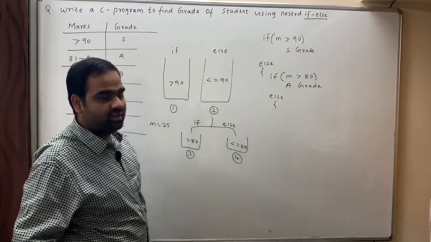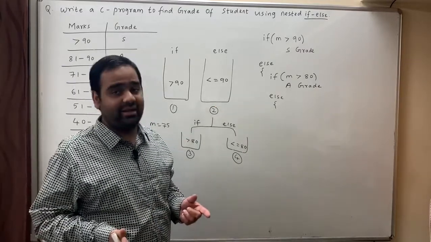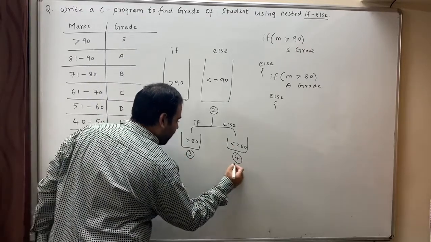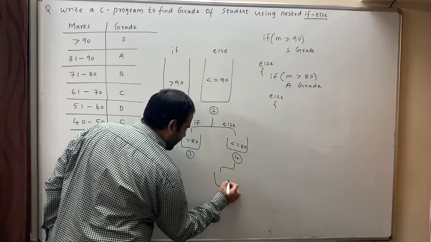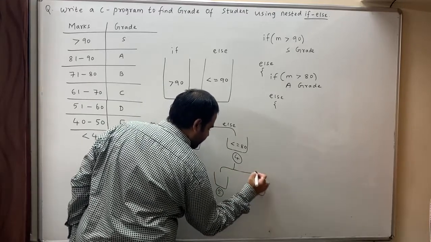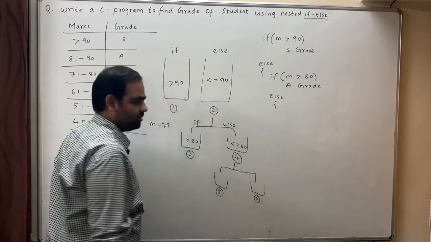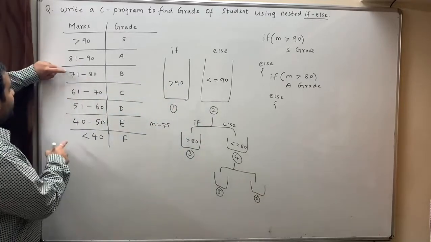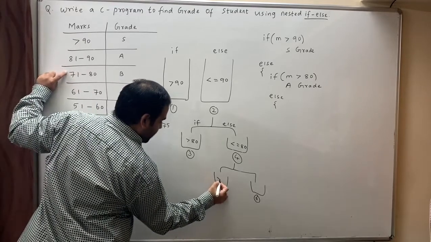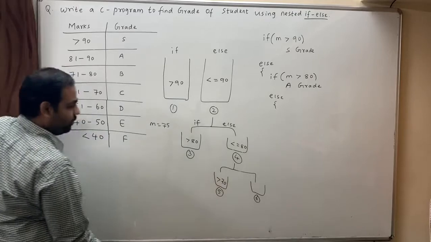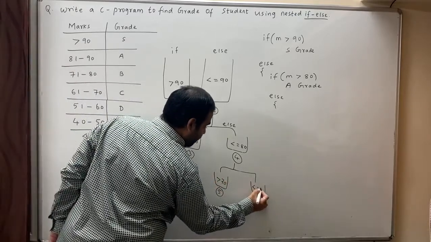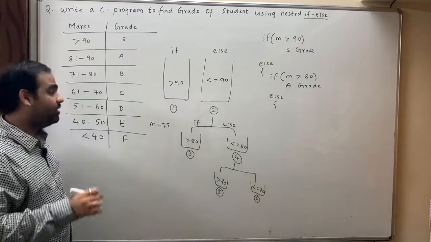Now when I put it in bucket 4, I again do not understand which grade it is. Again I need to divide into two parts. We divide into bucket number 5 and bucket number 6. Now it is in between 70 and some range. If it is greater than 70, I put it in bucket 5, and if it is less than or equal to 70, bucket 6. Now you might ask, sir, how did you get less than or equal to 70?